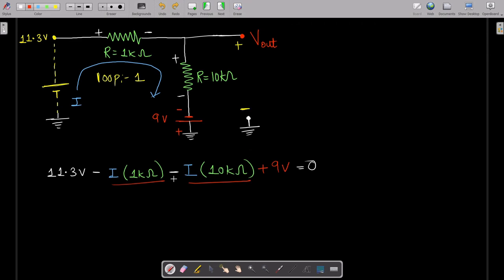Let's figure out what value of current we get. So if you add both of them, you will get I into 11 kilo ohm, which equals